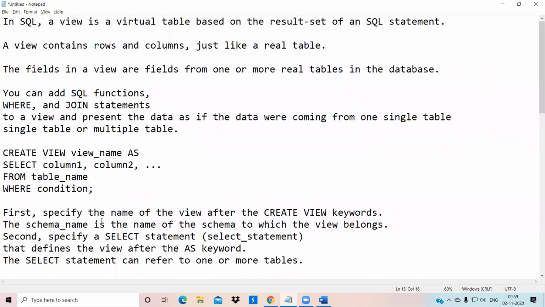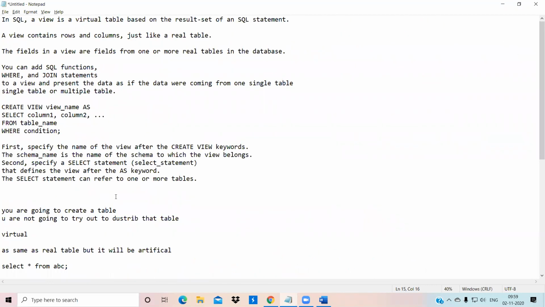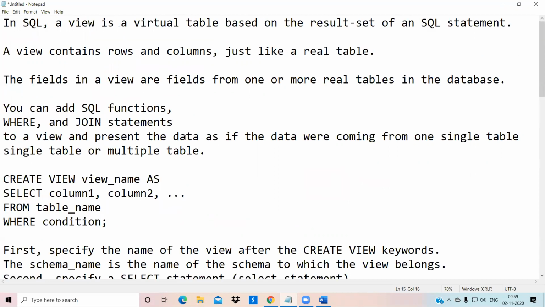So this is what a view is. Understood? So what is a view? A view is a virtual table based on a result set of a SQL statement. Virtual means it is a duplicate table, same as the real one itself. Now you see virtual reality shows, right?